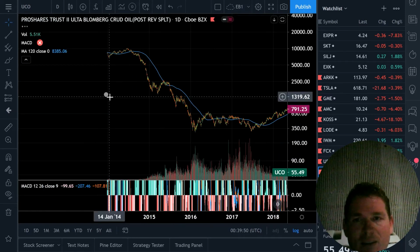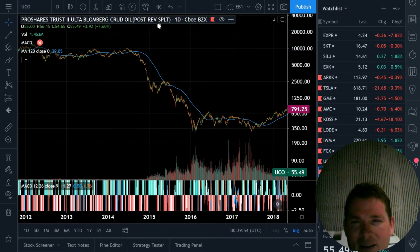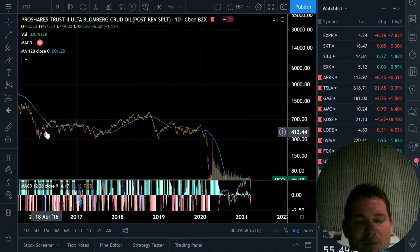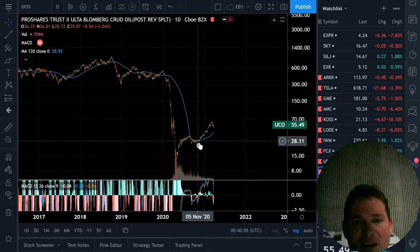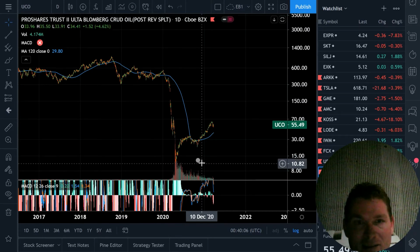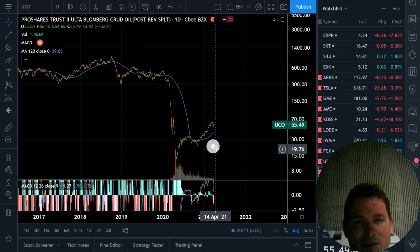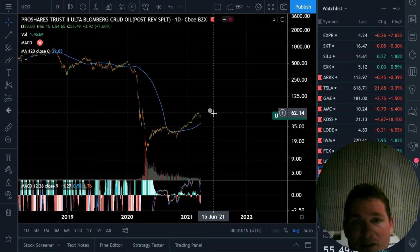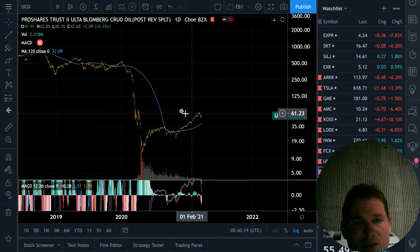It was insanely high. I mean, look, it falls from 10,000 down to 300, and then during the big oil bull market, the thing's just kind of wobbling, and then it falls off a cliff from 500 down to $10. Boom, and this huge oil rally only got it back up to 63. Anyway, just this UCO contract thing, it's leveraged, and it has futures rollovers, and it's like the coolest thing to short if